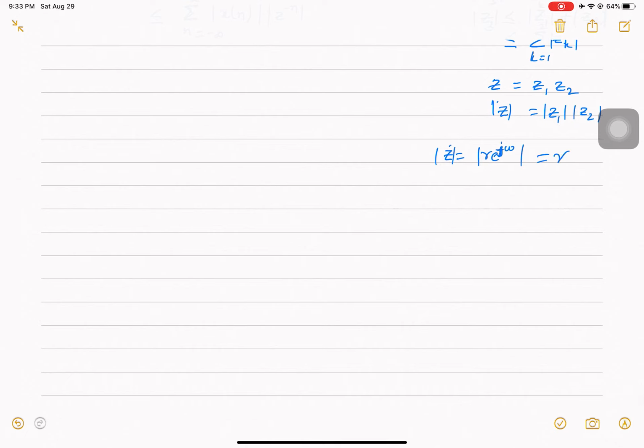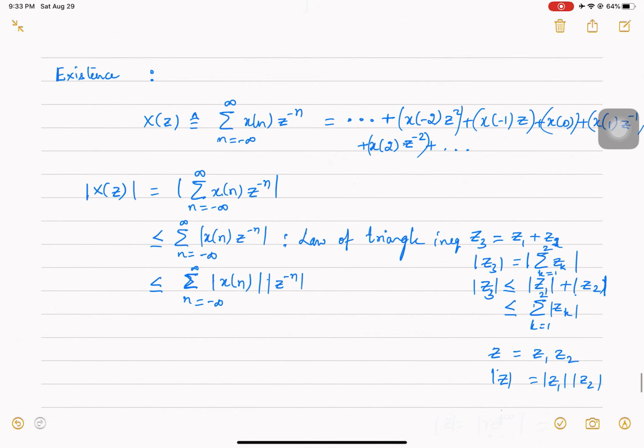Okay, and what if r is equal to 1? Basically it's all the points that lie on the circle of radius 1. So the point is now identified by the value of omega. Now mod of z in this case is equal to 1, because mod of e power j omega is nothing but cos square omega plus sin square omega, right? So if I use that, I will get